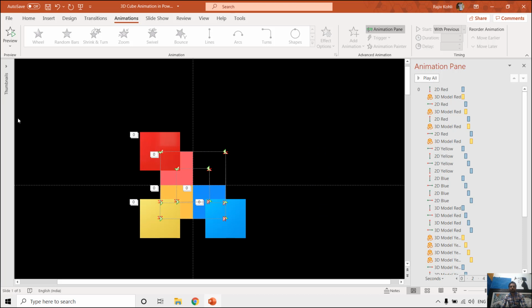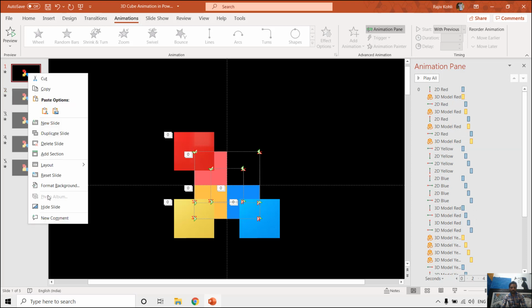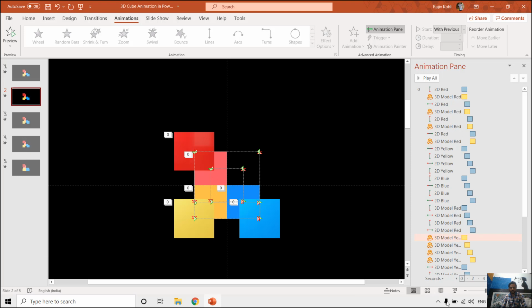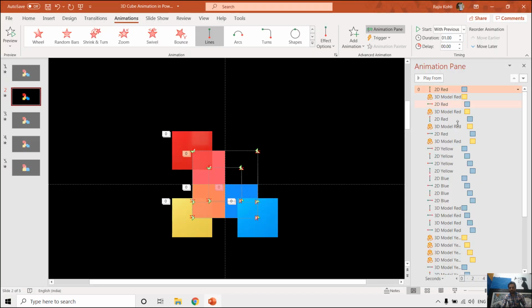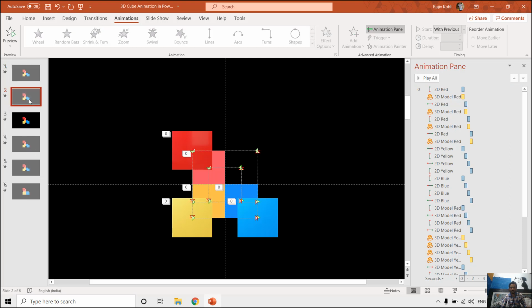Now if you want to slow down the animation, you can just increase the duration of the animation effects, and that's what we did on the second slide here. So let me hide the first one and turn on the second one and show you the slideshow. Here you can see that it is jumping, like there is a cut in the scene.